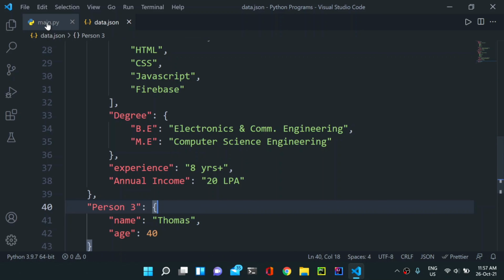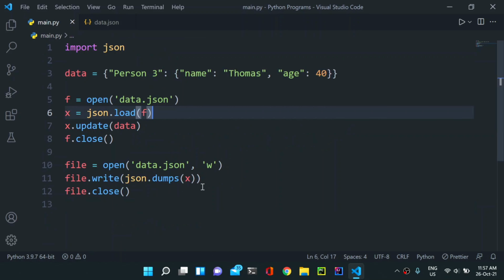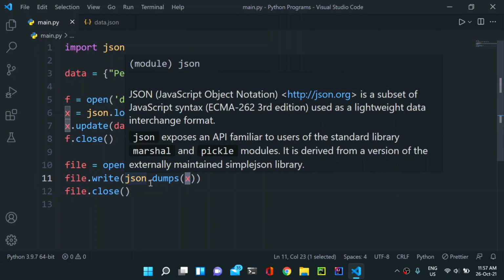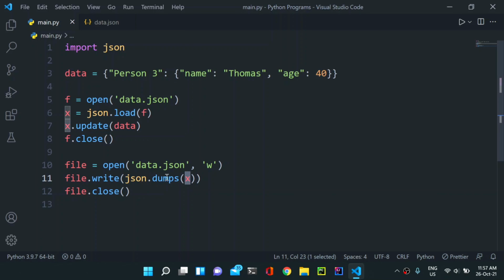Now let us discuss what the error was. The first time I was running the code, I was making a silly mistake where I was using the data variable here instead of using this x, and that's why we were trying to write that data to the file. Now this data is already here, and we are trying to write that data to the file, and that's why it was giving some errors.